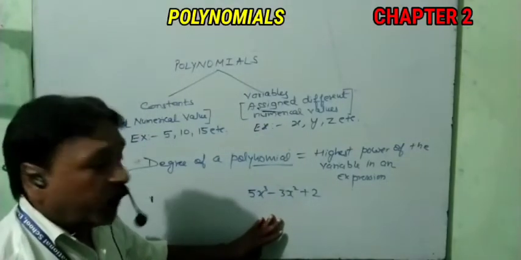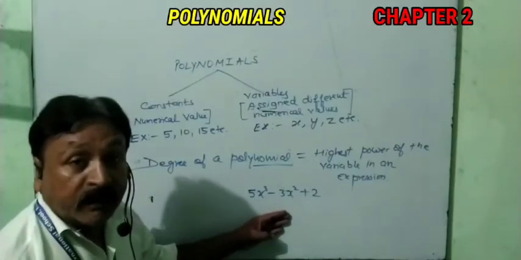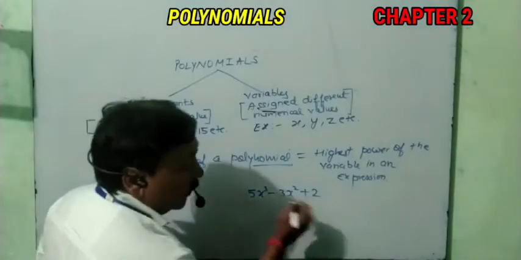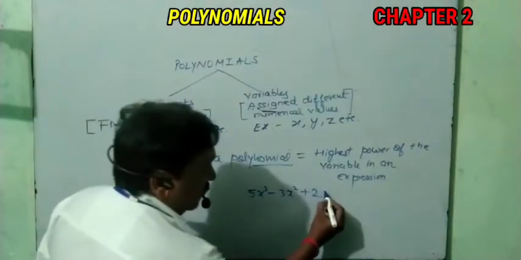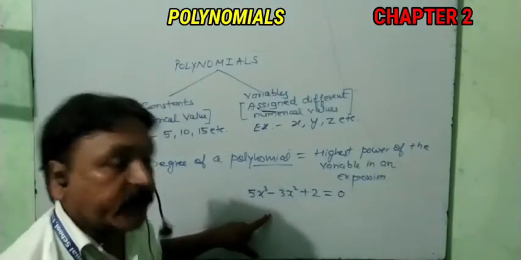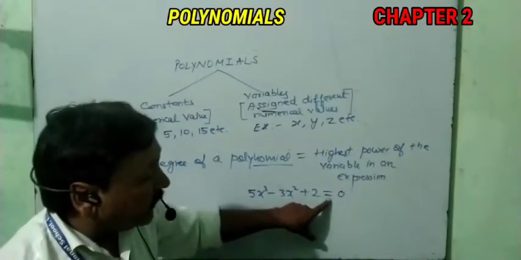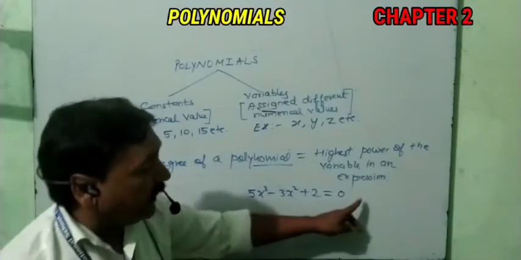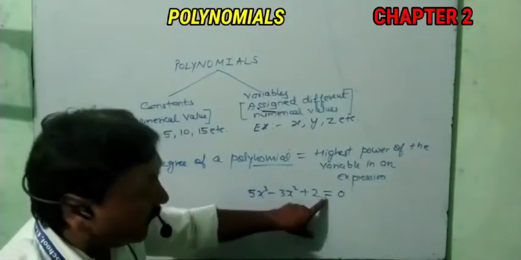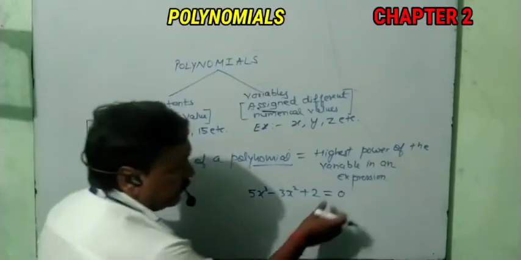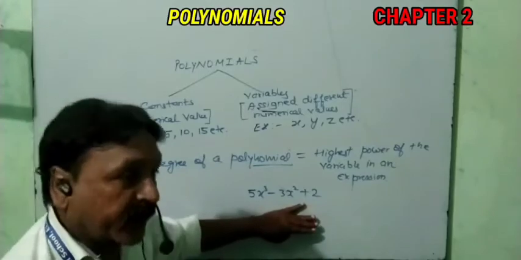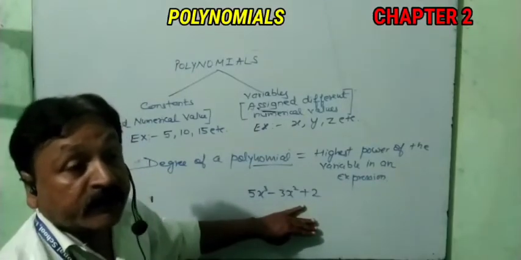We all know the difference between an expression and an equation. This we had done in previous classes: this thing does not have the equality sign. If I put an equality sign here, then it will become an equation. An equation has two sides, left hand side and right hand side, separated by the equality sign. But if the equality sign is not present, then we say it is only an expression. This was the main difference between expression and equation.